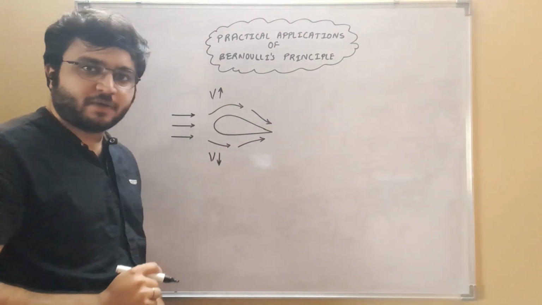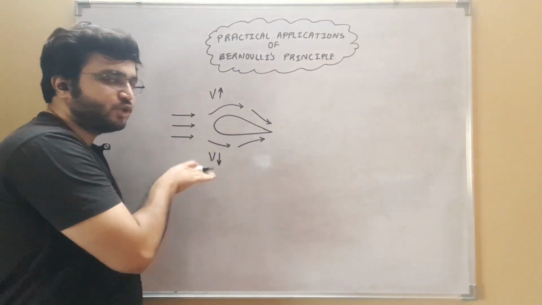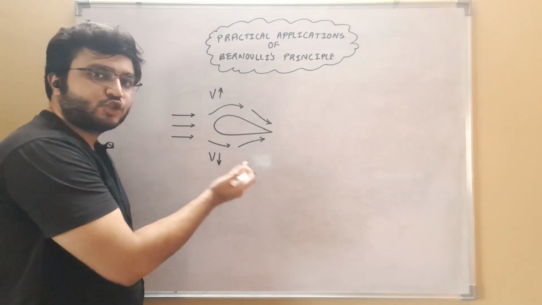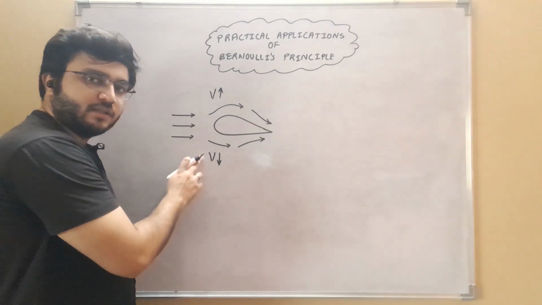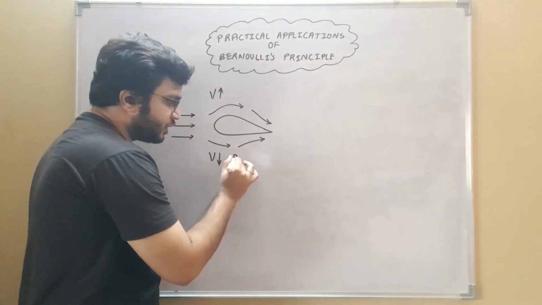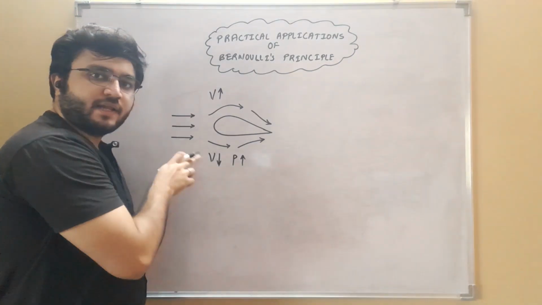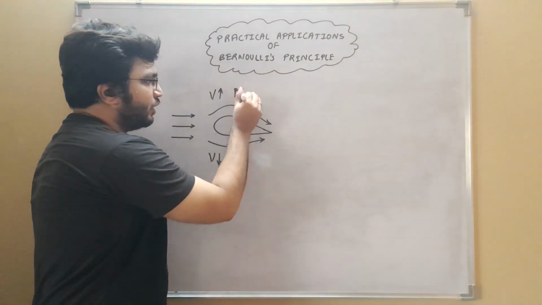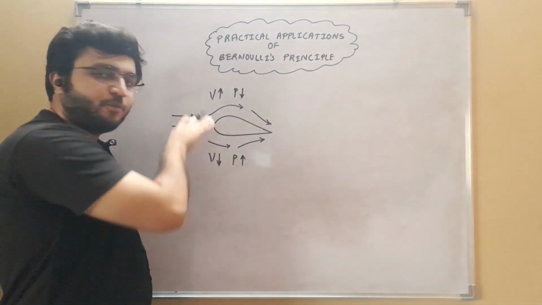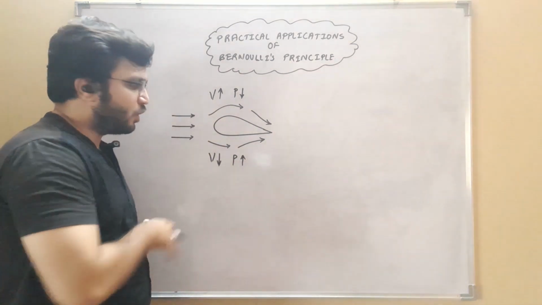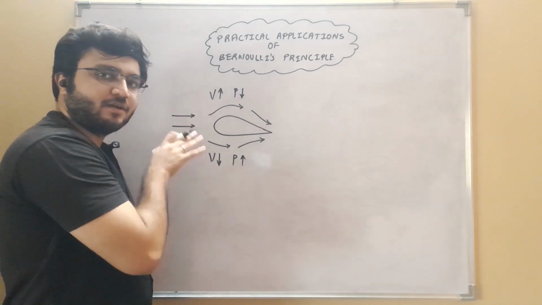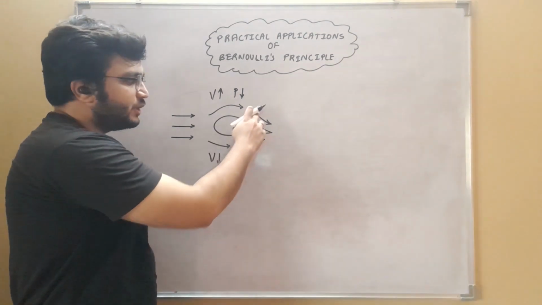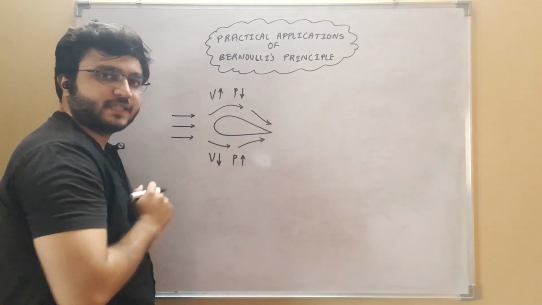As per Bernoulli's principle, the total energy in both the sections should remain constant. So when one energy is dropping, another energy has to increase. So when the kinetic energy is dropping below the blade, the pressure energy is going to increase. Whereas above the blade, when the kinetic energy increases, the pressure energy drops. Here the potential energy is not considered because both sections are at almost the same level. There won't be any appreciable difference in potential energy between these two sections.